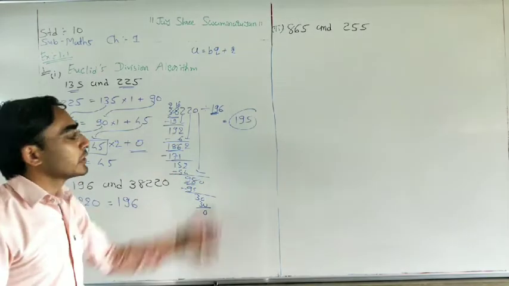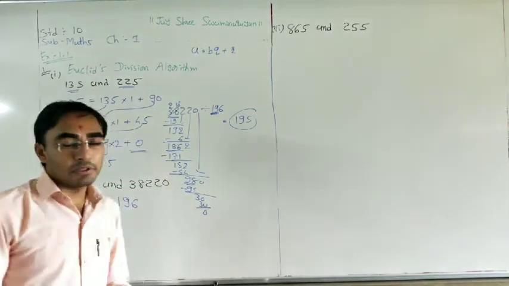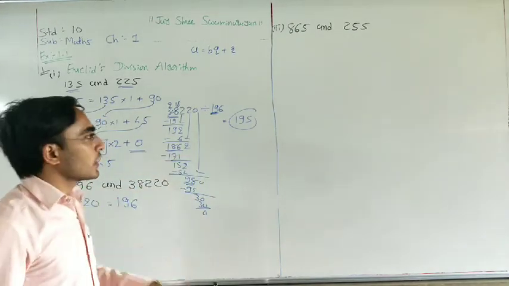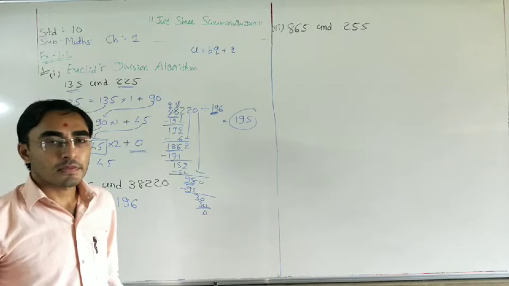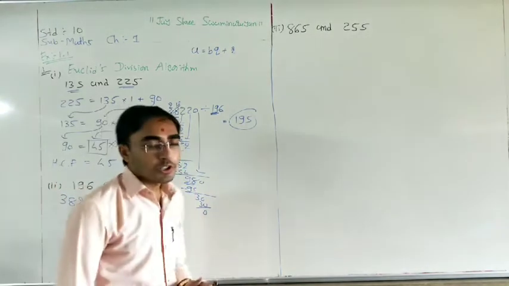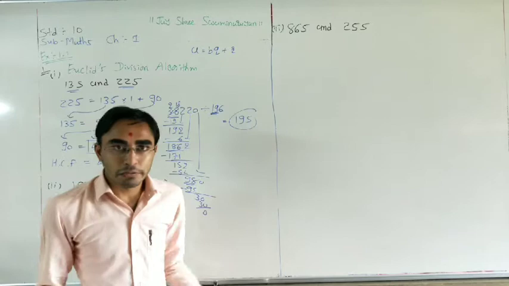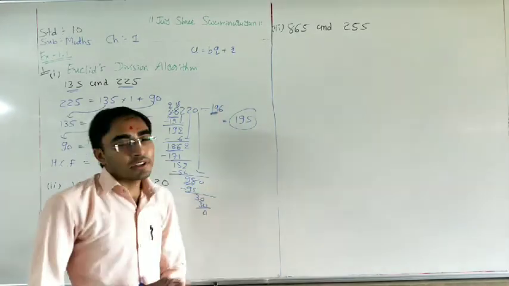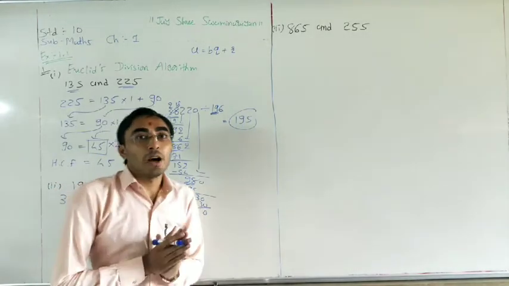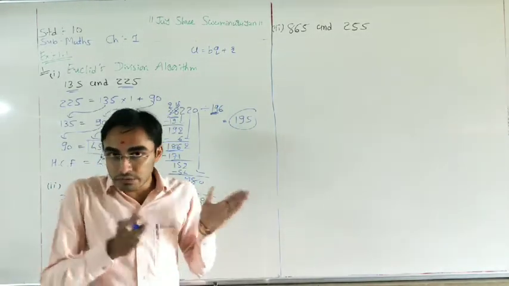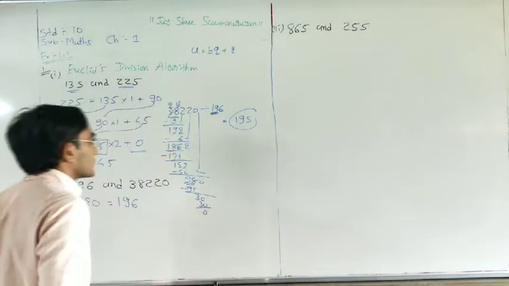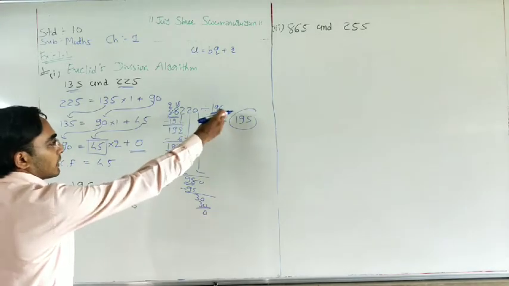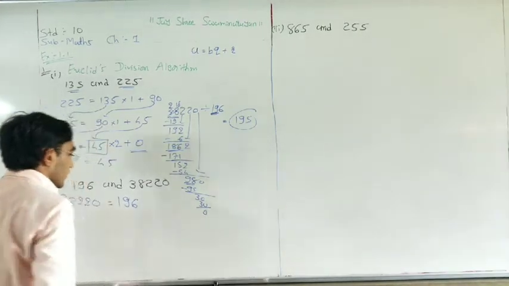I don't know the table of 196, so I am going with 1 by 1 digit. But first digit is very small 1. That's why I consider 2 digits together. If you do not understand here, then I will make a separate video. Then how can we divide with the single digit? If we have 3 digits in denominator, then how can we divide it with the 1 digit? But right now, if you divide 38220 divided by 196, your answer is 195.